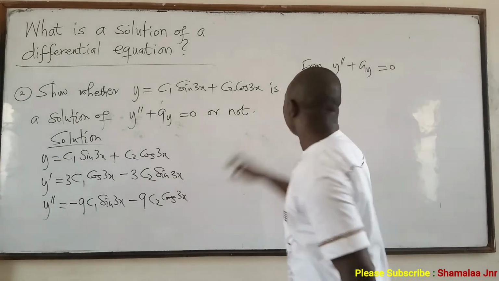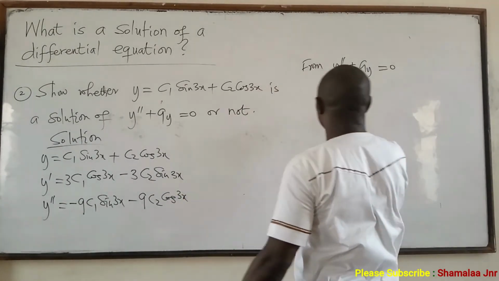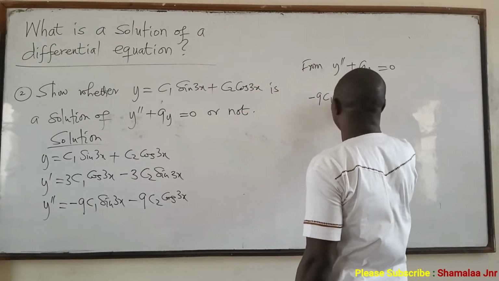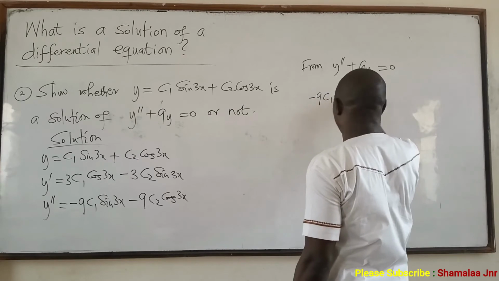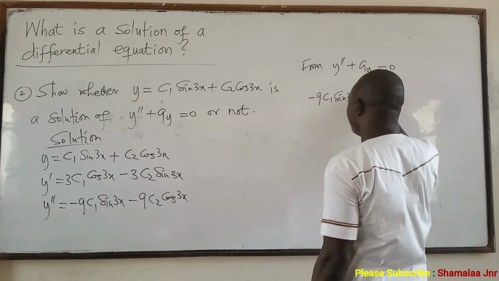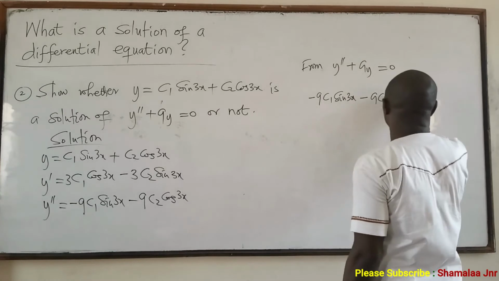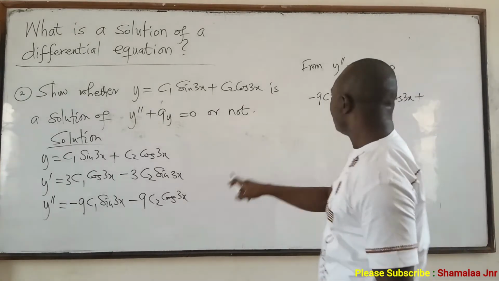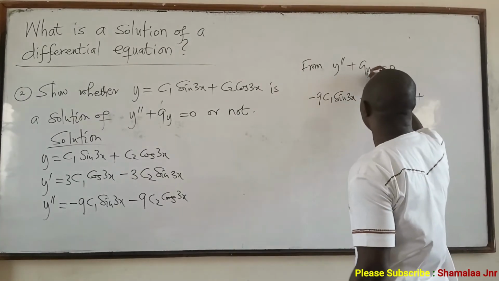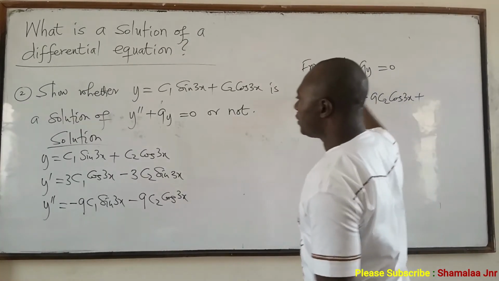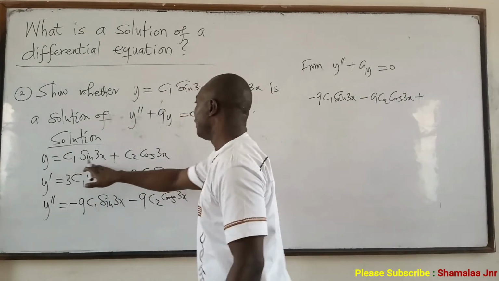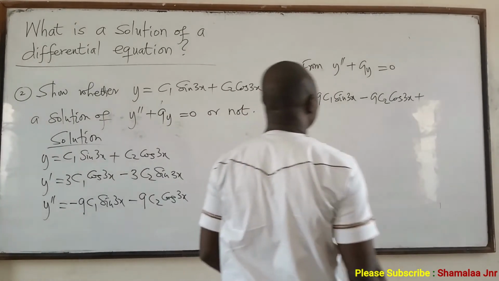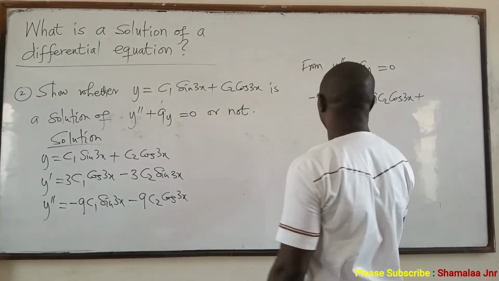You can say that y prime prime is the whole of it. So let me just write it. Negative 9 C1 sine 3x minus 9 C2 cos 3x plus, look at it, 9 times y. So this is the y. So we're going to multiply this one by 9, this one also by 9. So if you do that, we are going to get